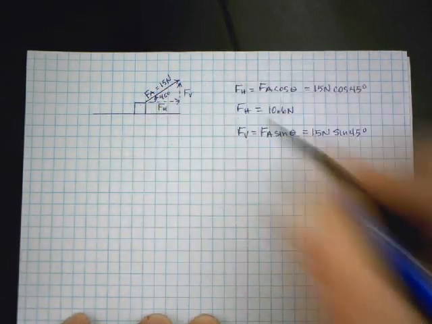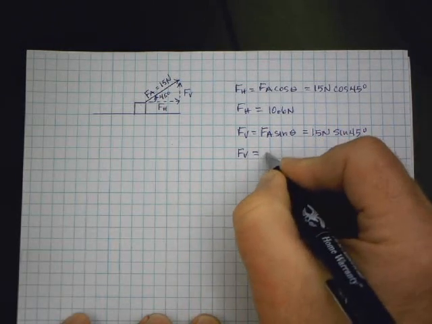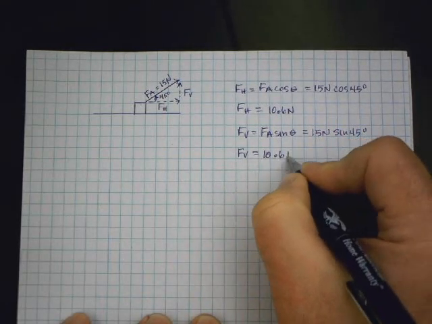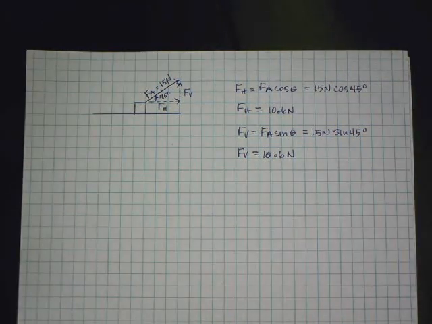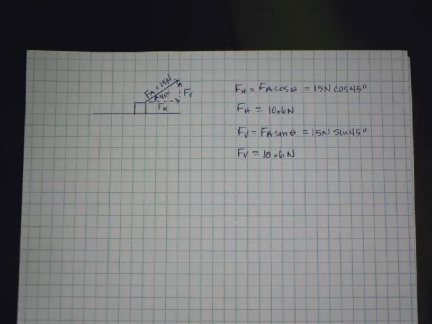That's where our 45 degrees is. And yes, they have come out the same because at 45 degrees, both cosine and sine give you the same value. And so that's it. That's all you have to do to find the horizontal and vertical components for an angled